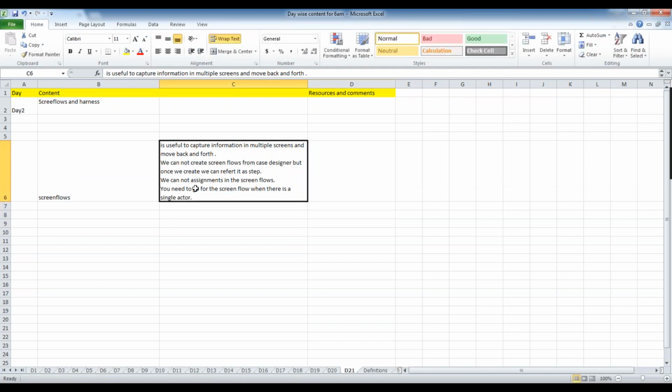When there is a single actor, there is no need of assignment or routing here. That is why we cannot configure routing and assignments for the screen flows. Because there is no routing concept, the assignment shape itself acts as a flow action.